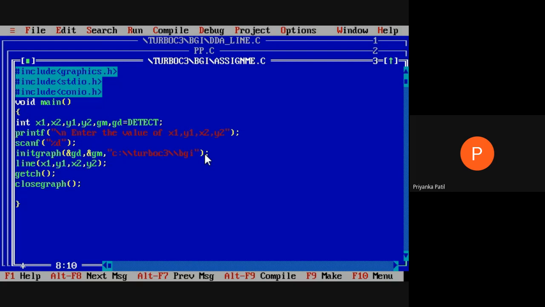So %d, %d, %d, %d. After that, comma, ampersand x1, comma, ampersand y1, comma, ampersand x2, comma, ampersand y2.